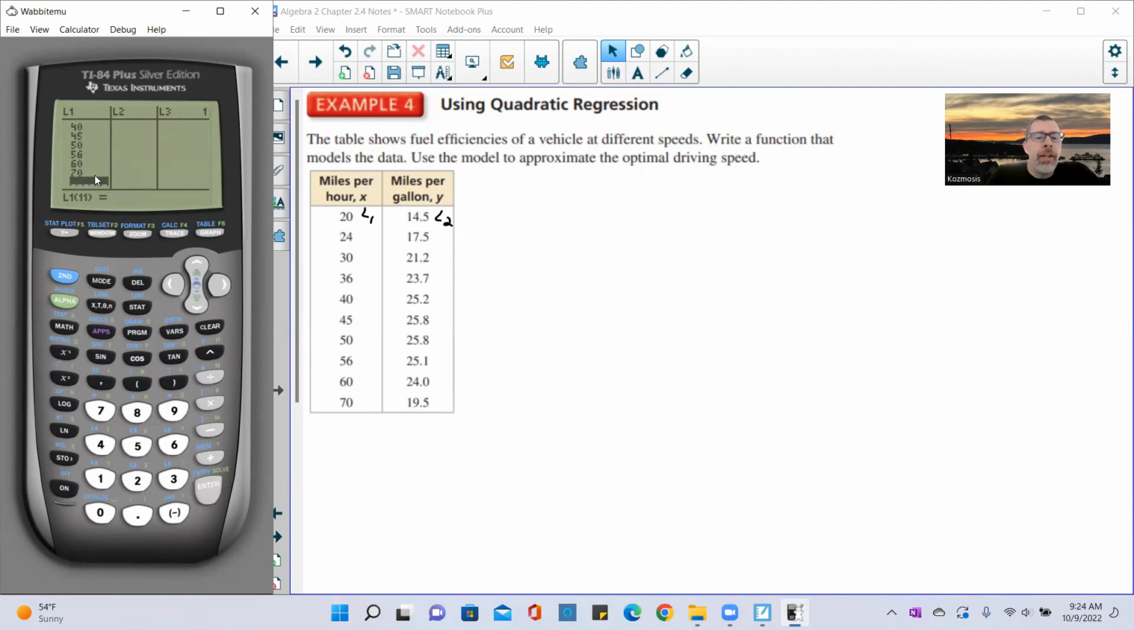Okay, so I've entered all the data, and if I arrow up to the last entry, it tells me how many items are in my list, and there's 10. So I check 1, 2, 3, 4, 5, 6, 7, 8, 9, 10. It matches. So I want to go to L2 and enter my data: 14.5,